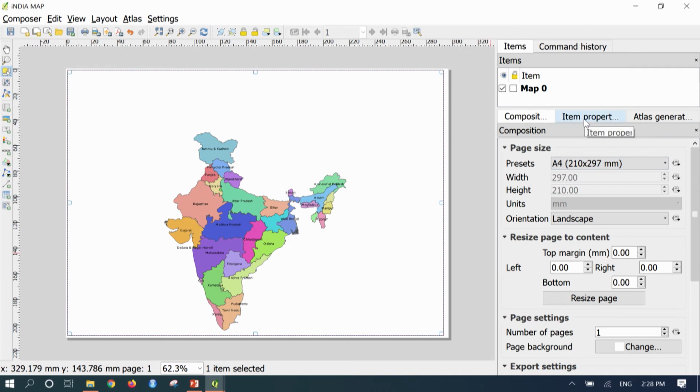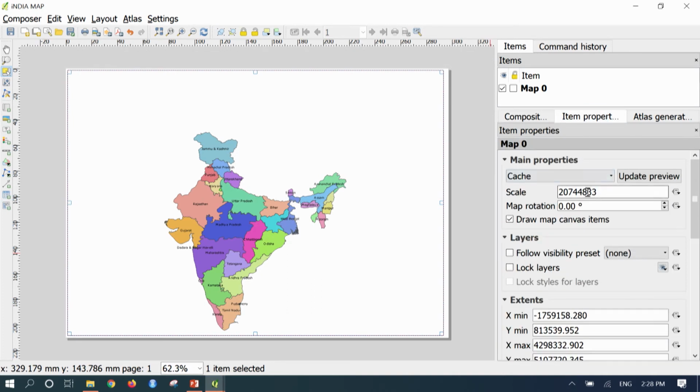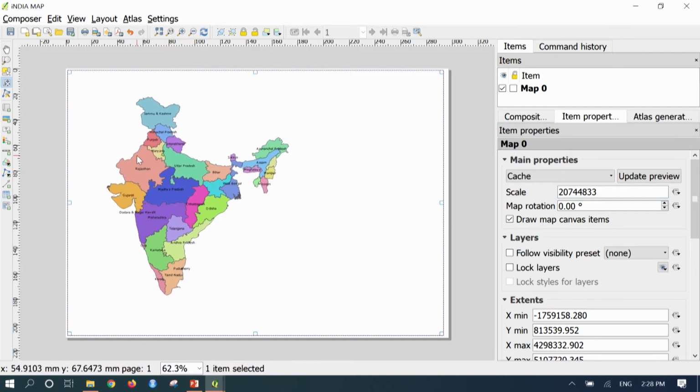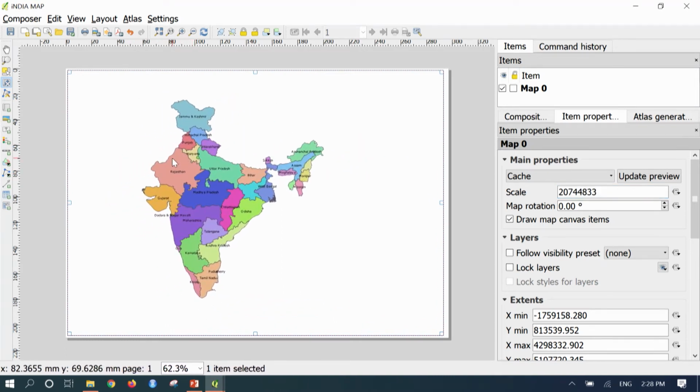Now if you go to item properties, it took some random scale. To adjust this one, you need to go to an option called move item here. If you click on that, you could move this map item anywhere in the map window that we added.